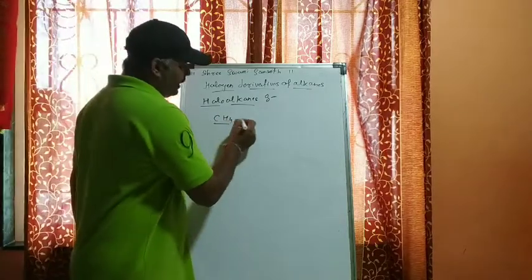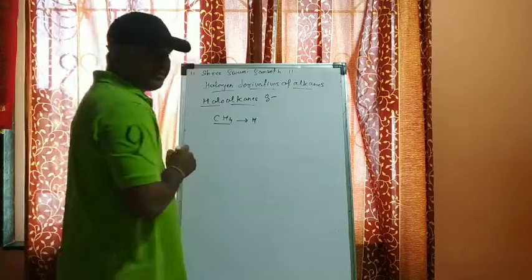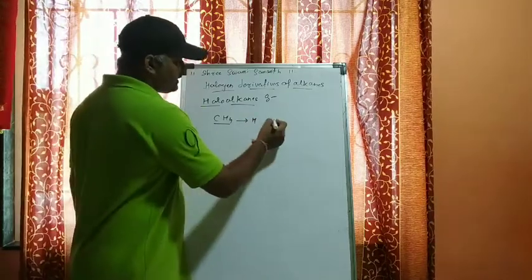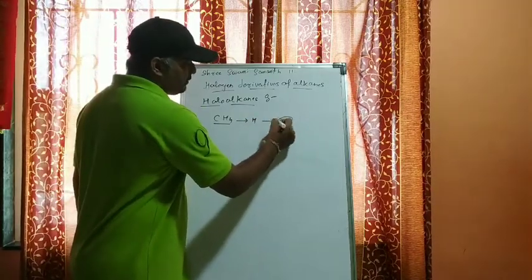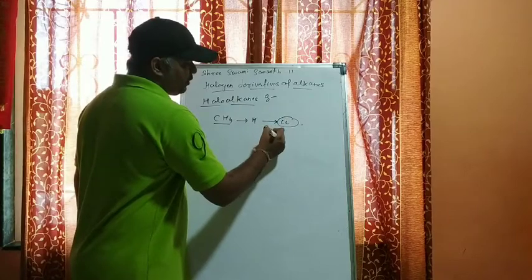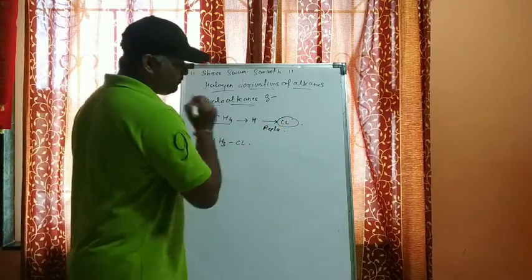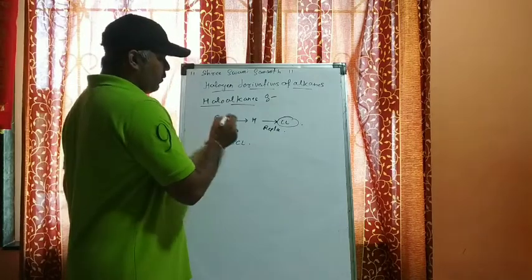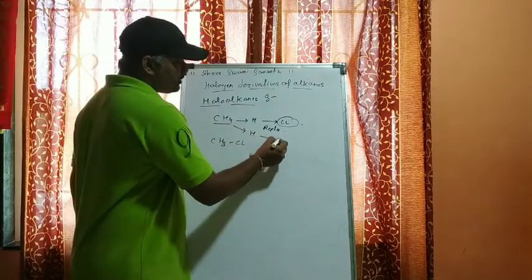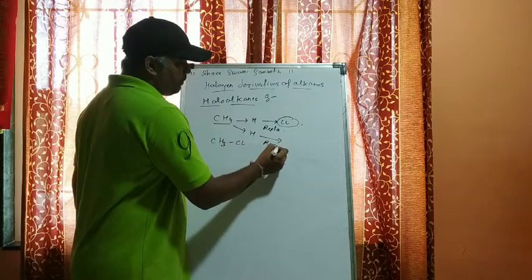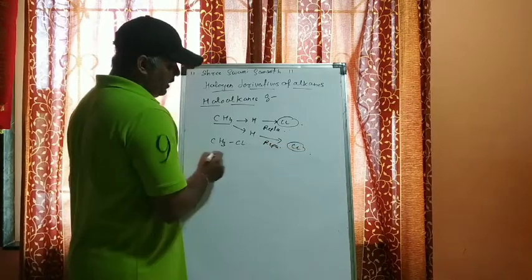Now when I take out one hydrogen atom from the methane and replace it with a chlorine atom, it becomes CH3Cl, methyl chloride. When I take out one more hydrogen atom and replace it with chlorine, it becomes